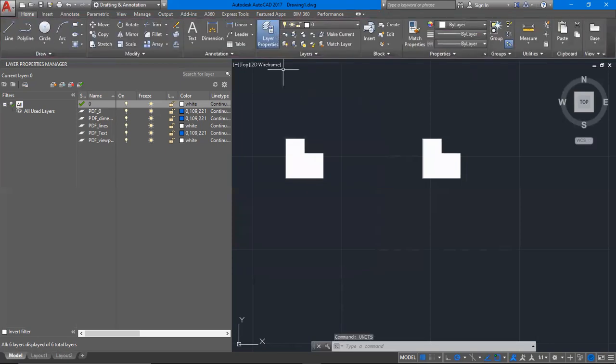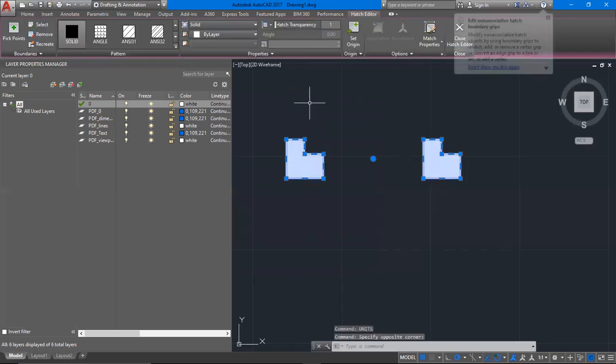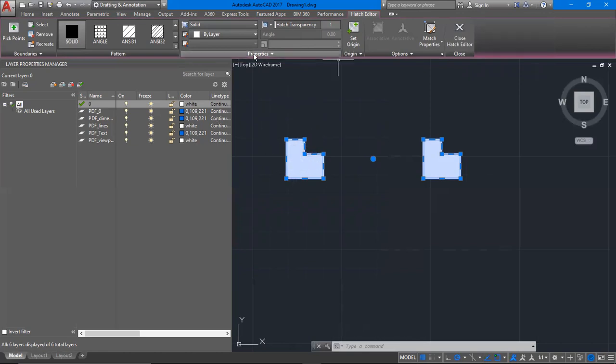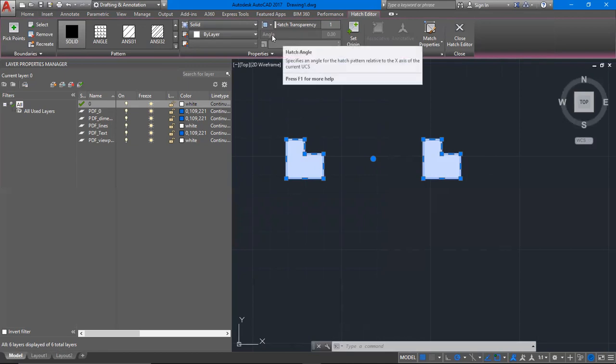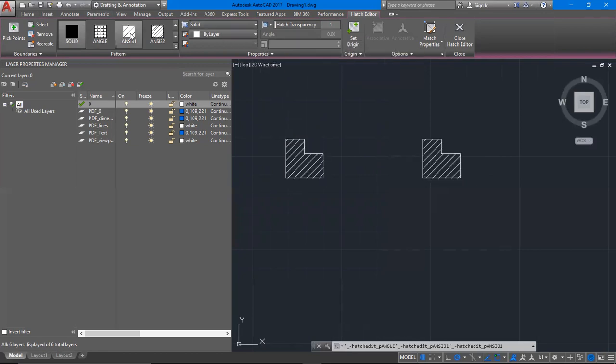Okay, so I will select and then go to the angle panel again. You can see it's still disabled. Maybe this is because of my shape, but you can adjust the angle from here. You can see the way it is saying specifies an angle for the hatch relative to the x axis of the current UCS. Let me try and do this